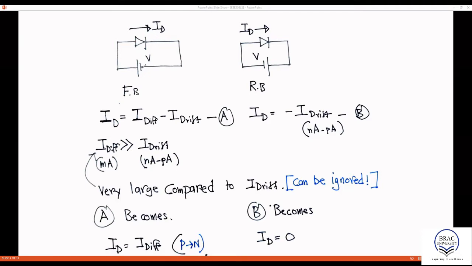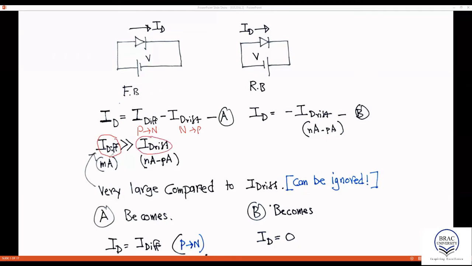And when your diode was forward biased, we found out we have two currents flowing. One is the diffusion current, which is from P side to N side. Another one is drift current, which is from N side to P side. So the total diode current ID equals IDIF minus IDrift. However, in a diode, when it is forward biased, the diffusion current component is much bigger than the drift current component,